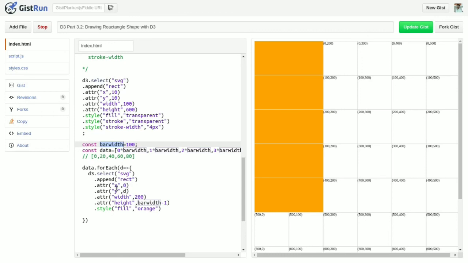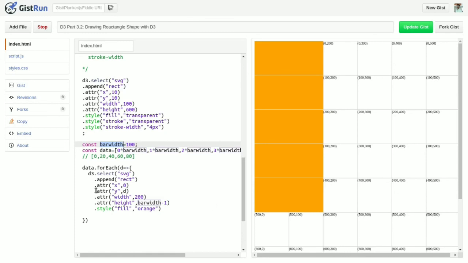What I have done: my X always starts from 0, then the width of the bar is always 200, which you can see is 200 pixels over here. Now the height of this bar will always be 100 minus 1, that is 99 pixels. There is a gap of 1 pixel between all the bars.